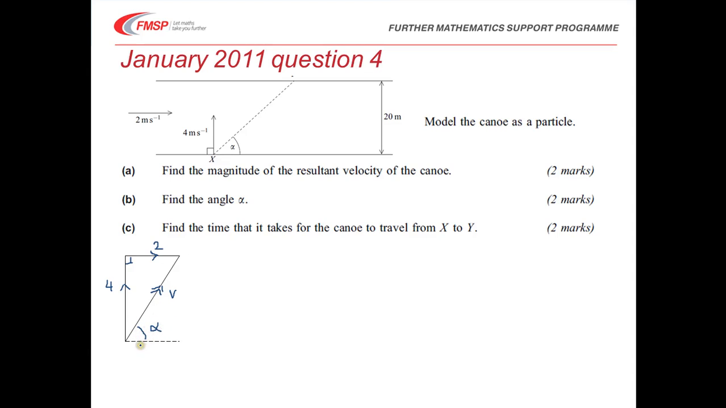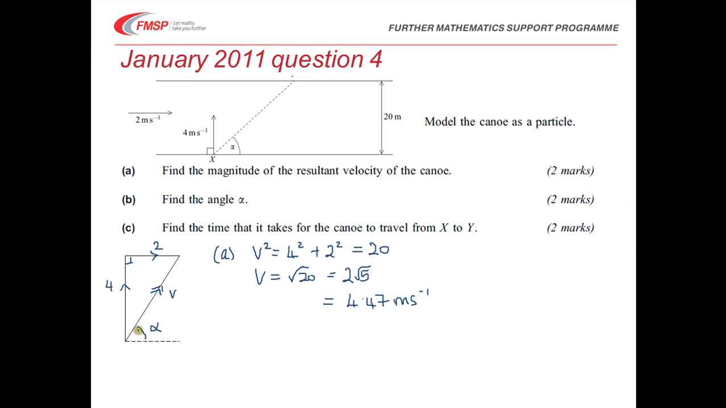And then in part B we'll be able to find the angle alpha. So in part A, it's just Pythagoras' theorem tells us that v squared is 4 squared plus 2 squared, which is 20. So v is the square root of 20,